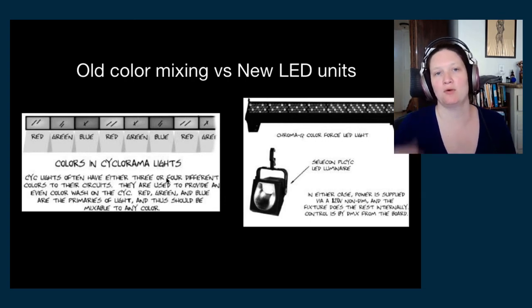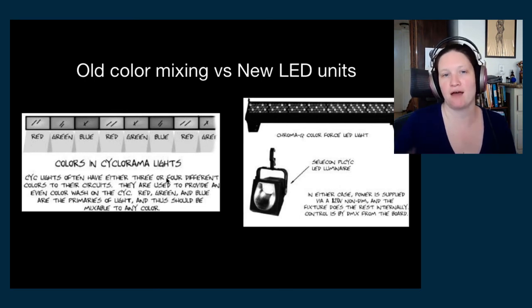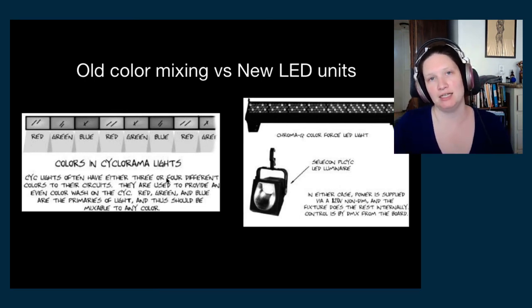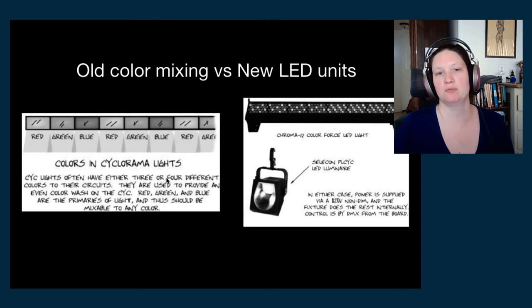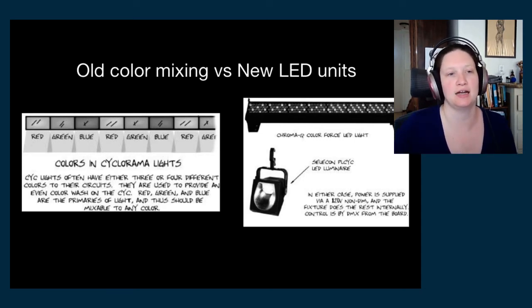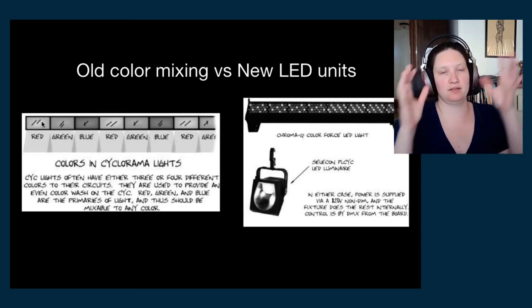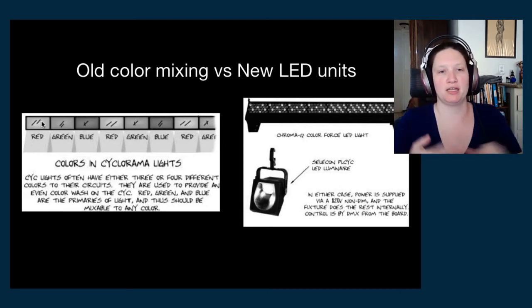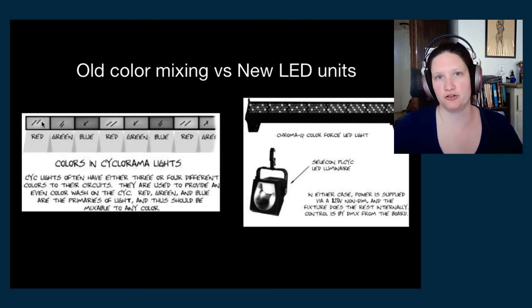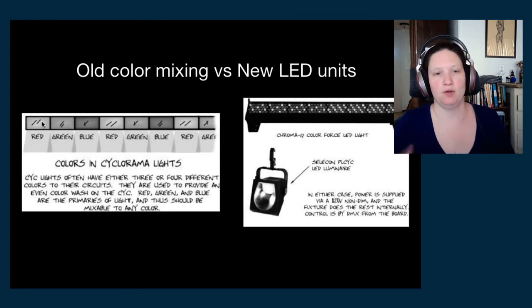And so you're able to get a wider range, more dynamic color changing, all of that kind of stuff using these newer LED fixtures and their color mixing properties. So in that case, instead of mixing giant incandescent swatches, we are mixing tiny LEDs across the entire strip in order to get that even wash of